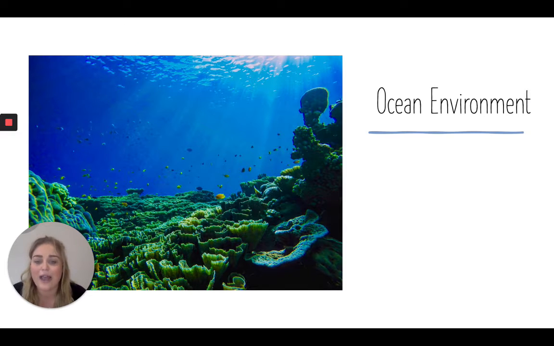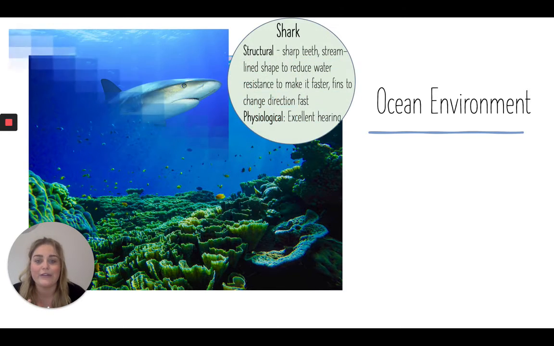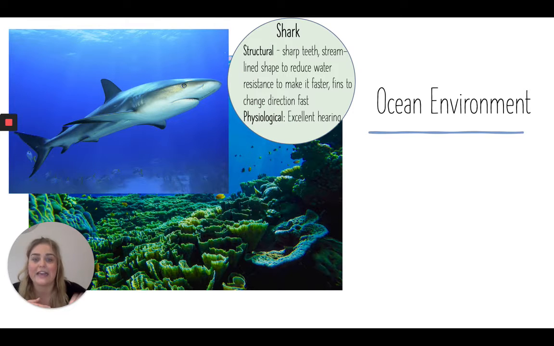So first of all, we have an ocean environment. Obviously, it is underwater, so an animal must be able to swim or breathe underwater or have the ability to go up to the surface to breathe. There is coral, there's rocks, there's everything like that. So having a look at the picture, we can see this is a reef where lots and lots of different animals live. So if we have a look at two different animals here in the